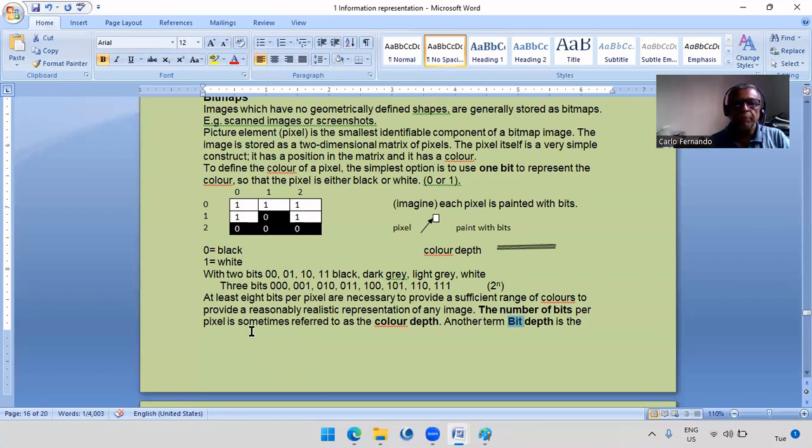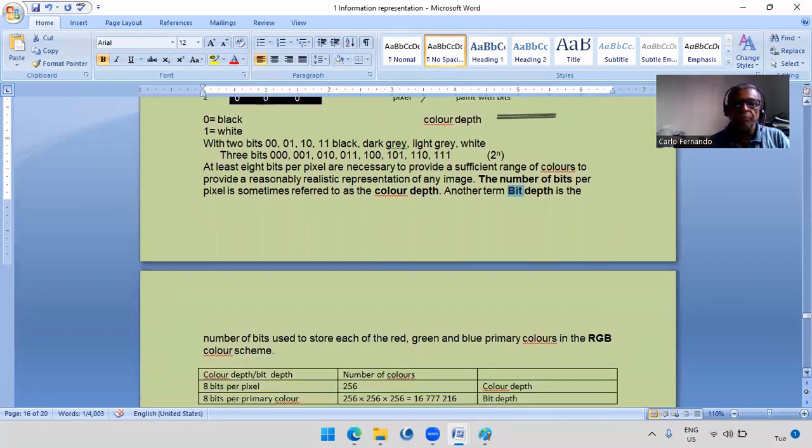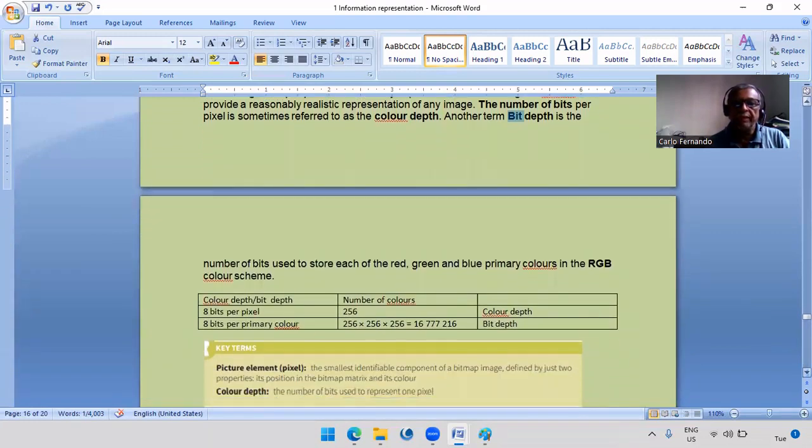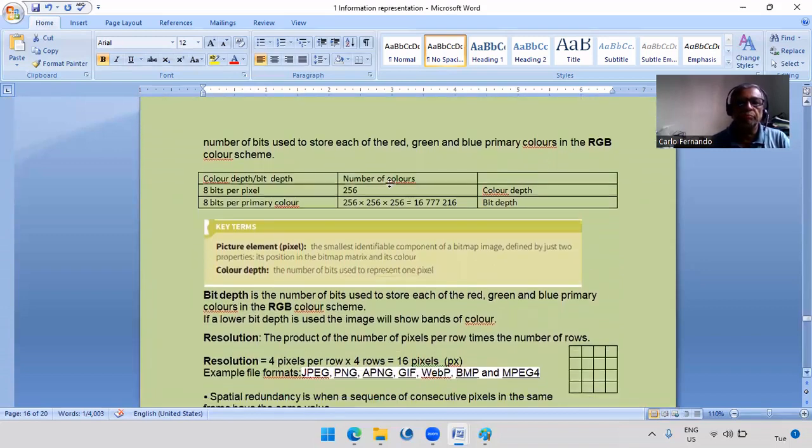So the number of bits per pixel is sometimes referred to as the color depth. So we learned that per pixel is color depth. Another term, bit depth, is the number of bits used to store each of the red, green, and blue primary colors in the RGB color scheme. You remember we did a web page and showed you how the colors can be changed using the hexadecimal values in the HTML